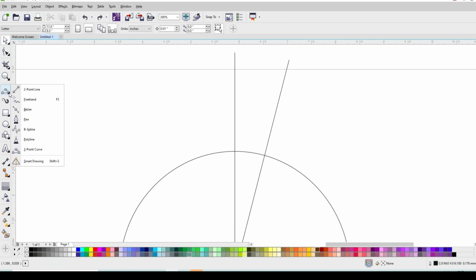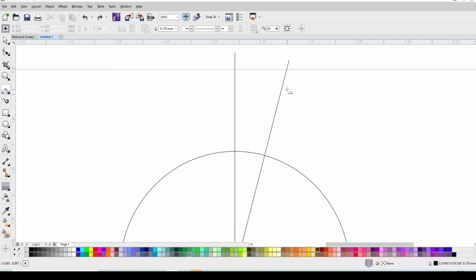Now I'll select 3-point curve tool. 3-point curve. Click on this line. Drag it like this. I'll click on perpendicular line here. Perpendicular. Adjust the curve